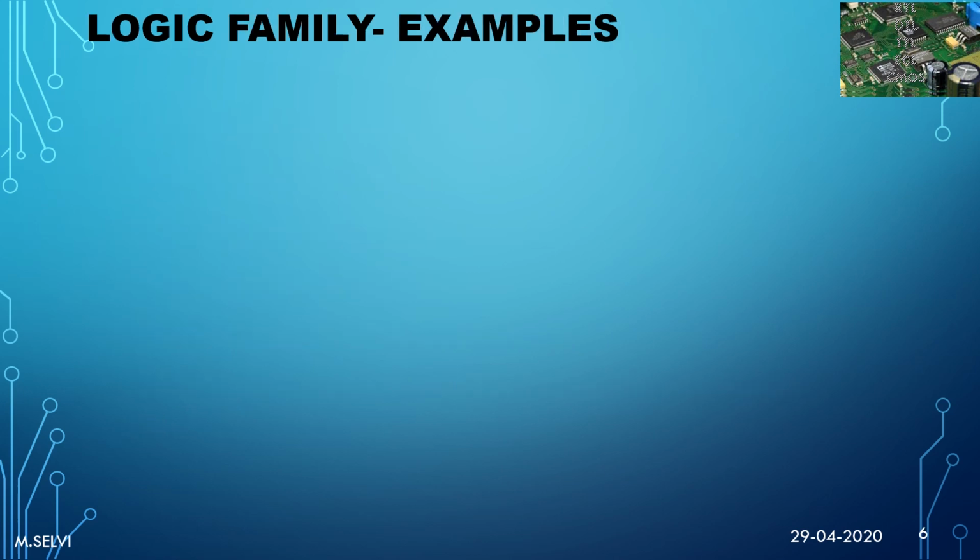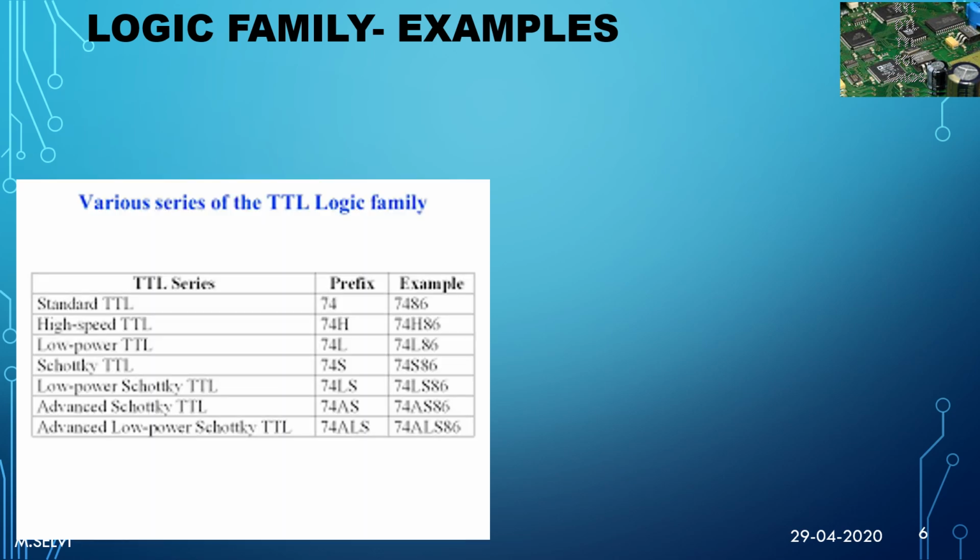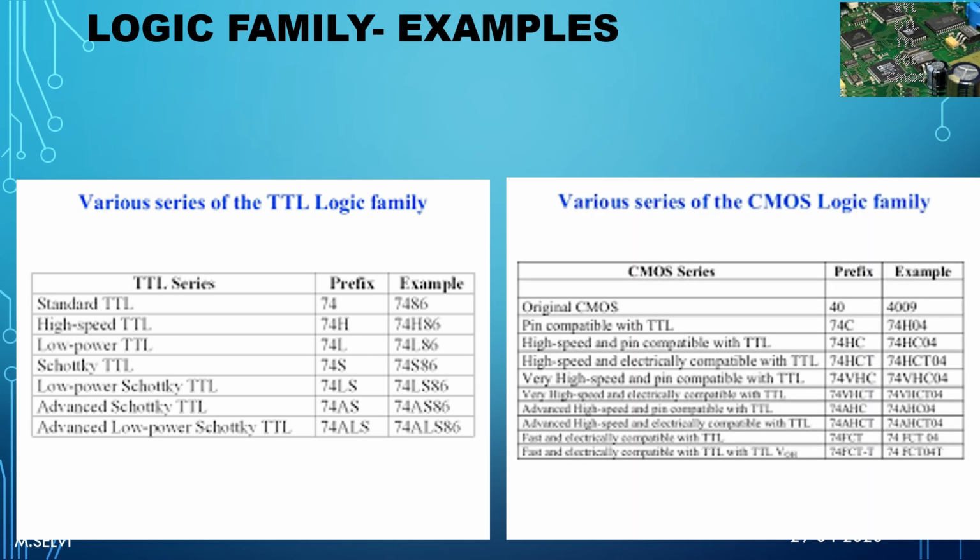Common examples of logic families: TTL was more popularly used until the development of the CMOS logic family. In all these logic families, we can see that they are defined by certain numbers. 74 represents these digital ICs, and the L and S represent the various subcategories of this logic family, and all of them will have the same power supply and the levels of inputs and outputs, the low level and high level. And CMOS logic family, by default, will use the alphabet C to represent that it belongs to the CMOS logic family.